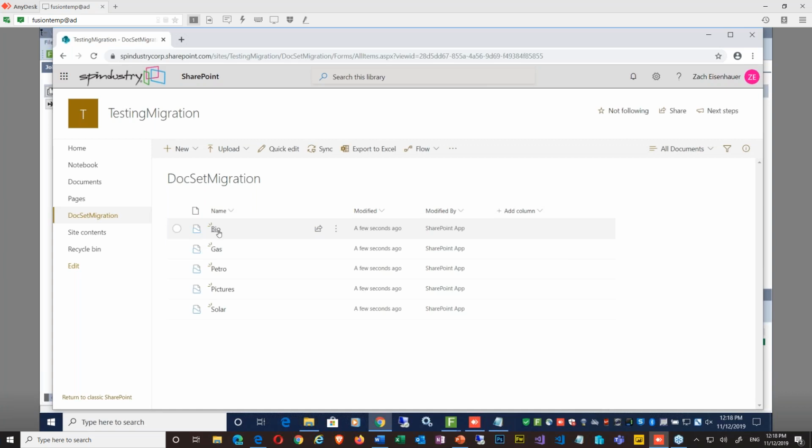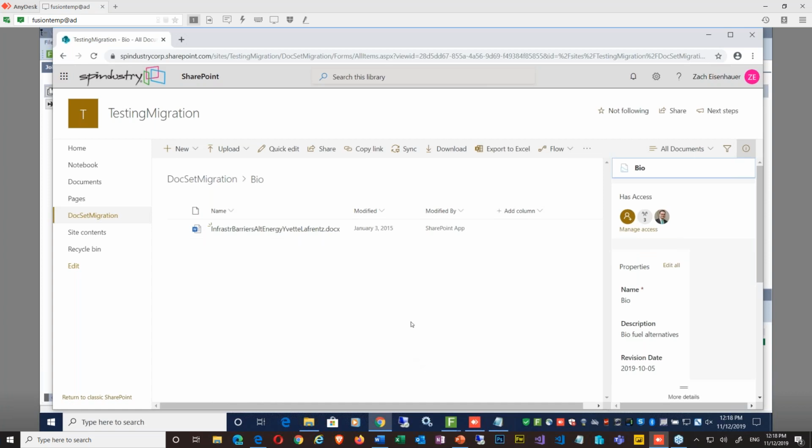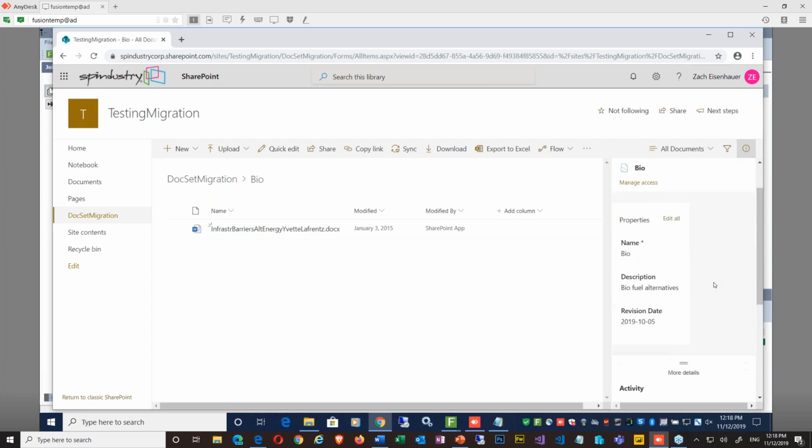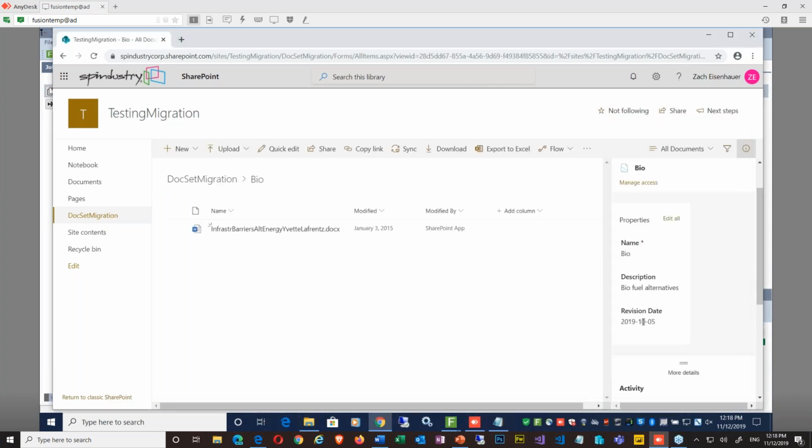And if you select one of those document sets. I will select one. Oh, wait, sorry, my bad. No, you're fine. Okay, well, I'm inside of it now. So inside of it, they've moved some data inside of it. And if you look over at the side there, since you don't have anything selected, it's actually showing you the data from the metadata text file that we added to the document set. So there's one right there for biofuel alternatives, and there's a date that goes along with it. And so that came over here, and you have metadata inside of there now. It's pretty cool. Associated to the documents, how about associated to the document set itself? That's associated to the document set. And so it flows down to the document set, pushes it down.